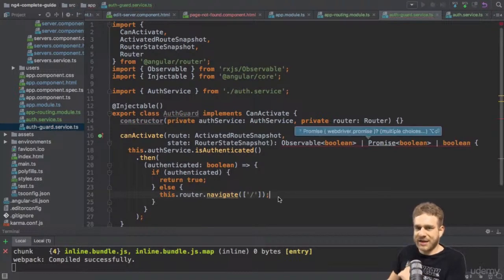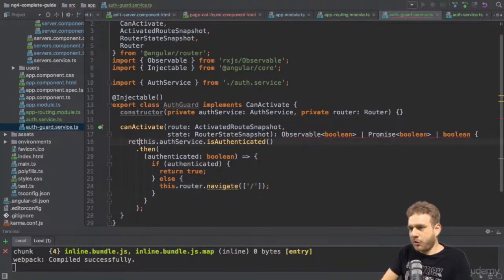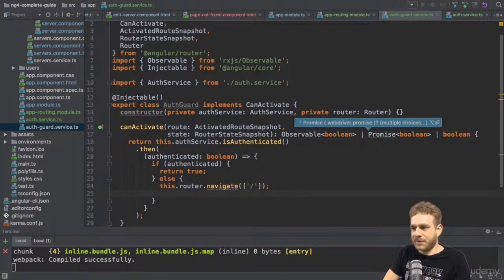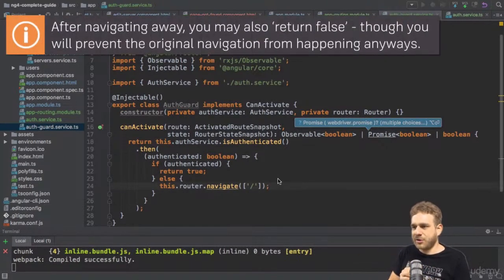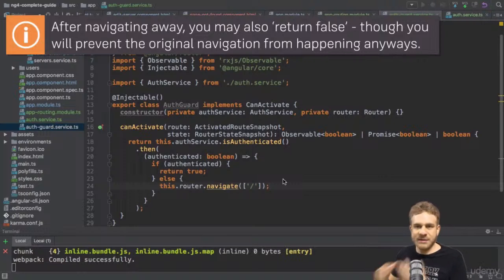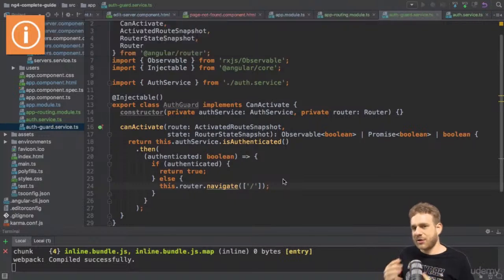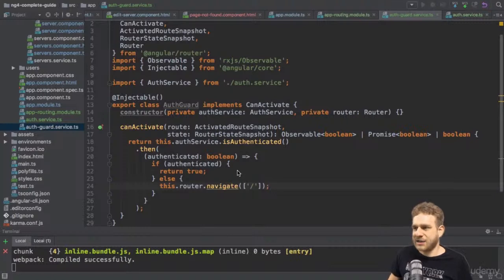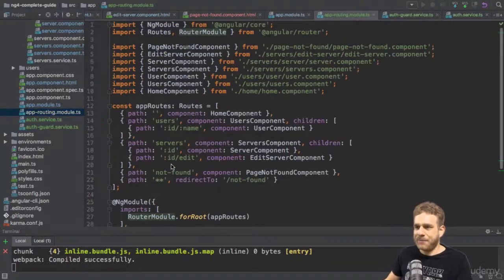So in this case, our canActivate method will navigate away. And I will now simply return this promise, which it still is in the end. Because if we return something inside of the promise, it will give us back another promise. So now we're returning a promise here, which gives us back true, or simply navigates us away, canceling the old navigation anyways. So this now allows us to control access to whatever is controlled by this canActivate guard here. Now, we're still not using this guard, of course. So to use it, I'll go to my app routing module